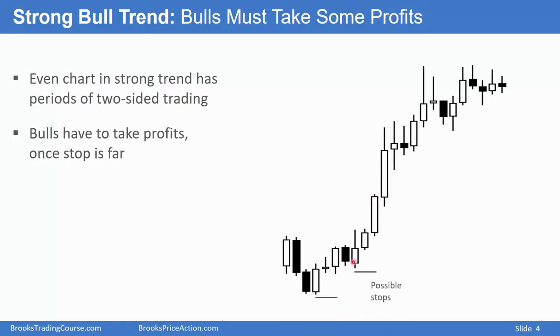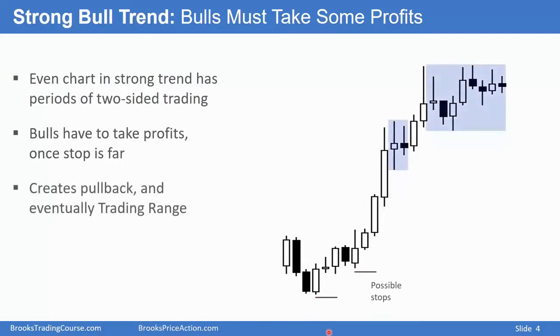Obvious stop at the bottom of the bull breakout or below the bottom of the entire bull trend. And that profit taking creates pauses in the trend. Eventually the pullbacks get deeper and deeper as bulls become less willing to buy high. They'll only buy deeper pullbacks, believing that the market is evolving into a trading range. The more it becomes a trading range, the more bulls only want to buy low.